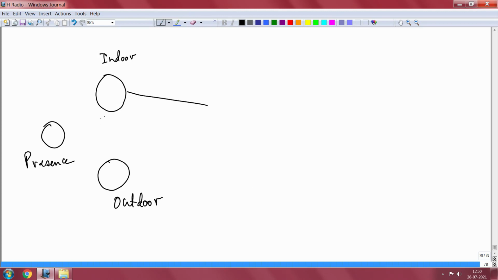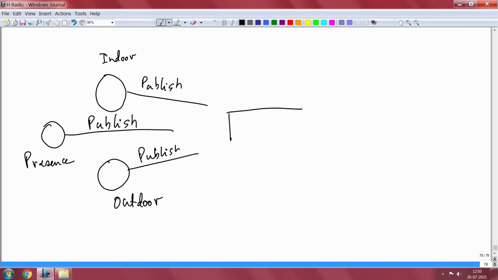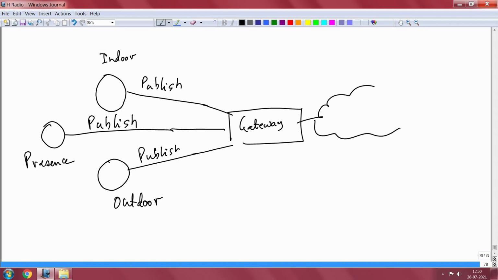All of them will publish via a gateway, which in turn connects to the cloud, and somewhere in this cloud the broker is sitting.